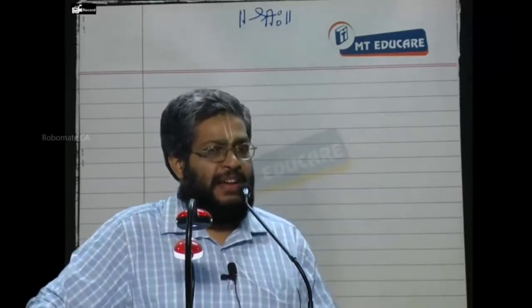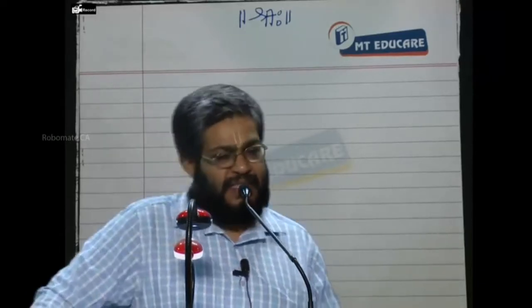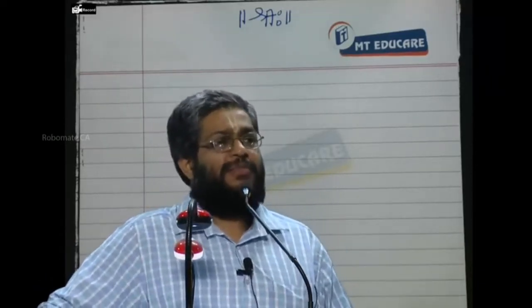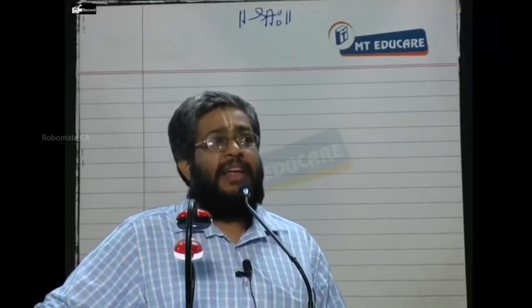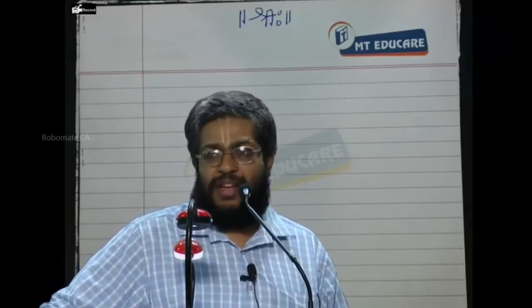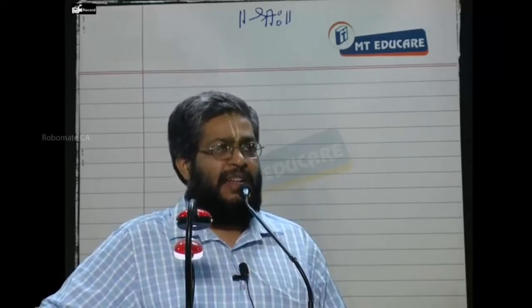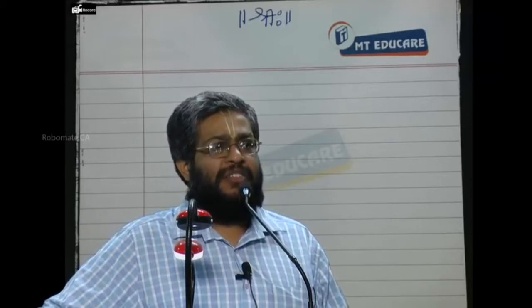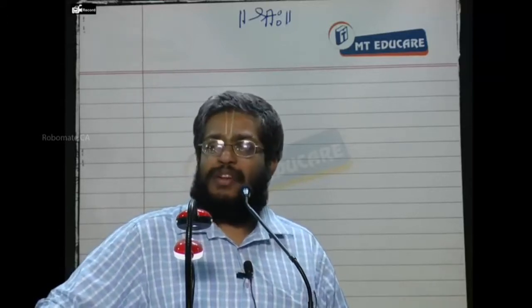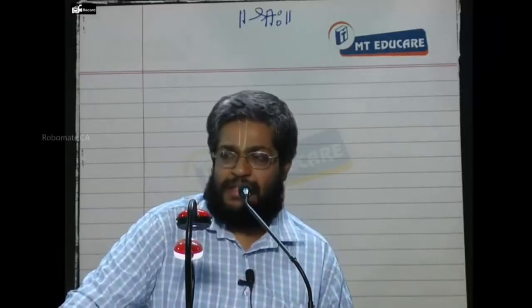Another way of understanding it: find out the expected return from the asset and compare it with this SML return. If expected return is more than SML return, that means the asset is expected to give more return than what I want for the given level of risk. That is a good asset to buy. If the expected return is less than the SML return, the asset should not be purchased. So expected return minus SML return is called alpha. A positive alpha stock should be purchased. They are underpriced. A negative alpha stock should not be purchased. They are overpriced. This is what we discuss in